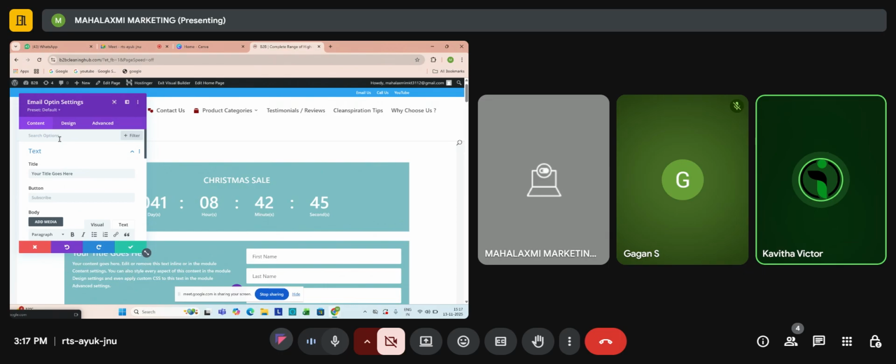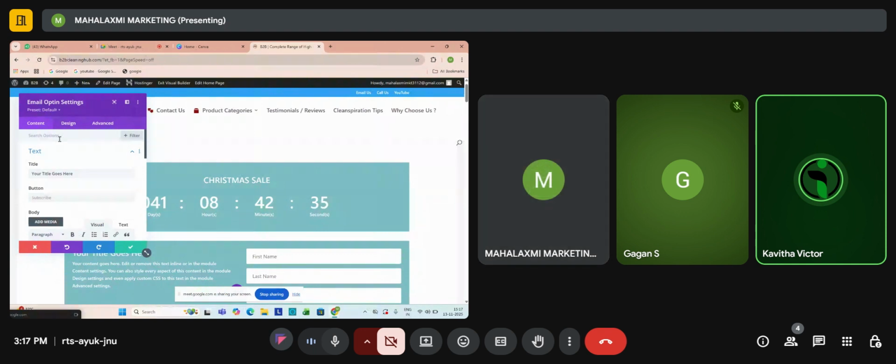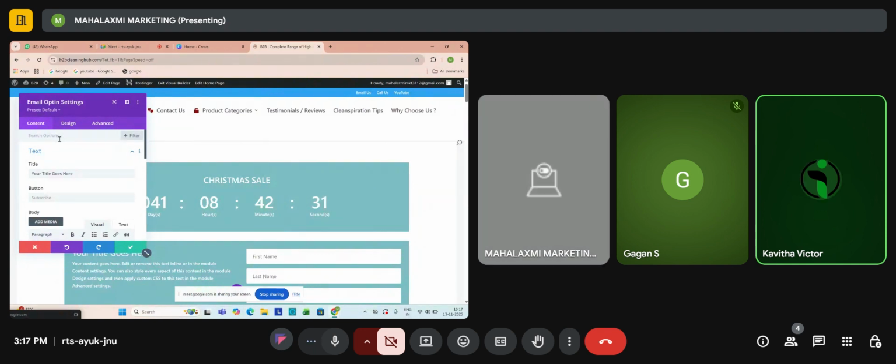If Amazon is giving any offer or any festival season offer, they will be mailing you with attractive images and a call to action button. That is email marketing. Marketing messages will be sent to you through email. So people can subscribe to that. If you want to know what offer Amazon is providing and keep in touch, you can subscribe to the email.